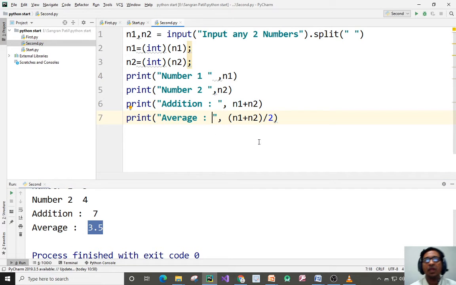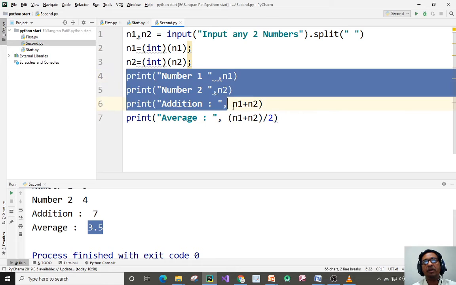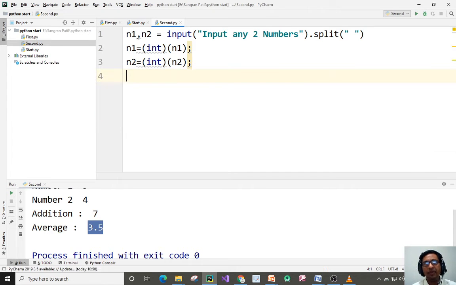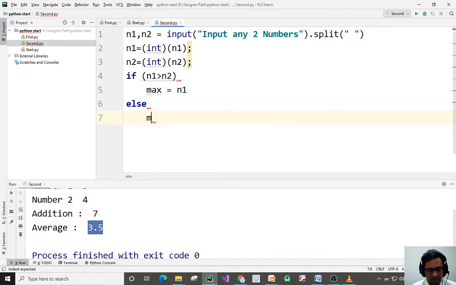Now I want to find the largest number. The technique we use in C or C++ is the same here: if n1 is greater than n2. In C or C++ we give max equal to n1, else max equal to n2.